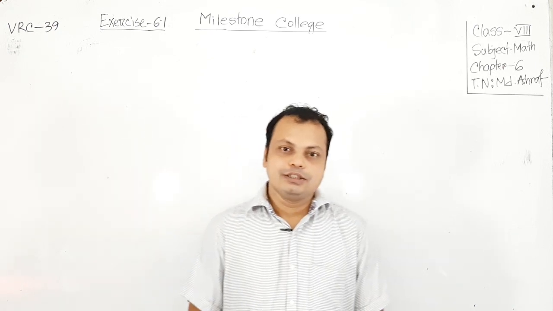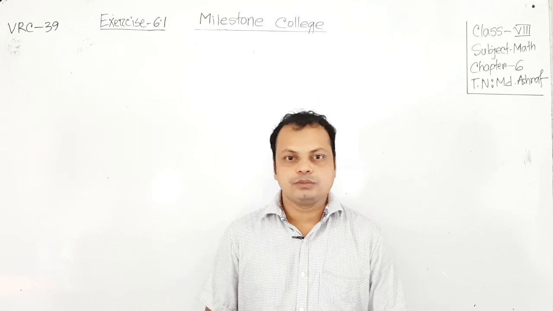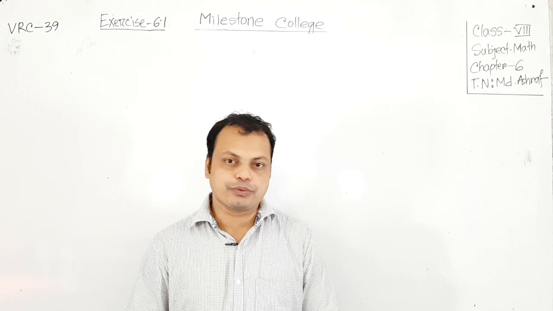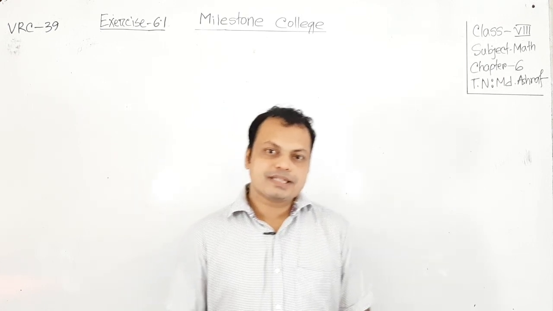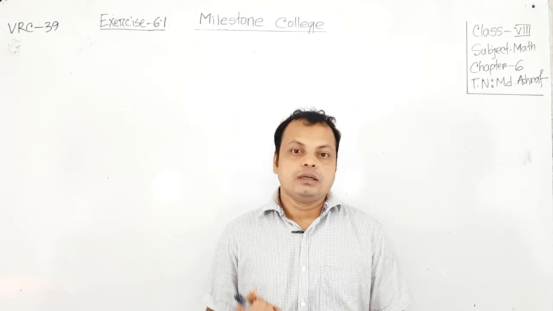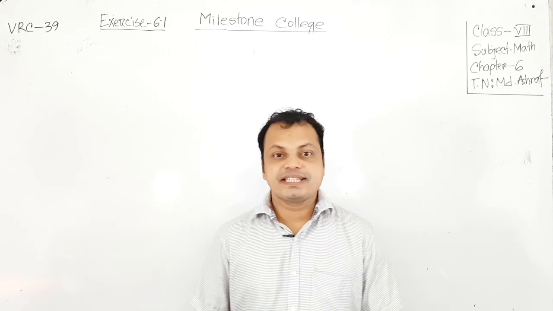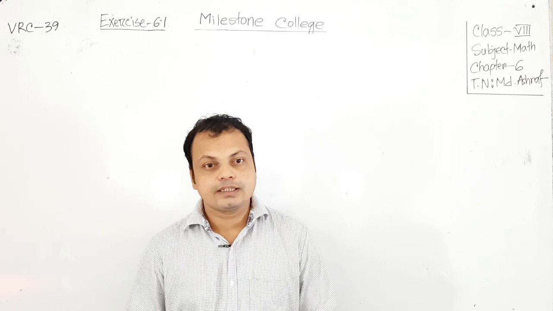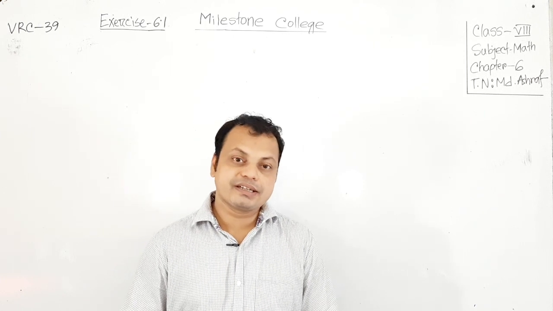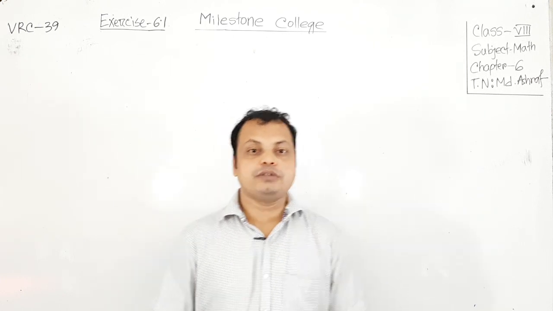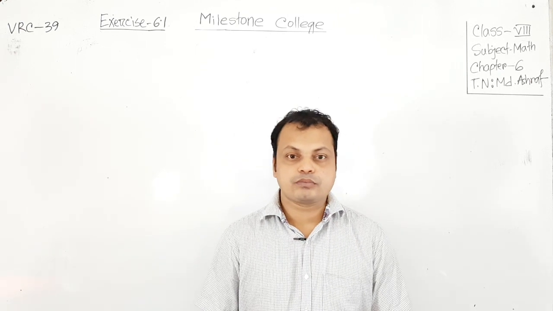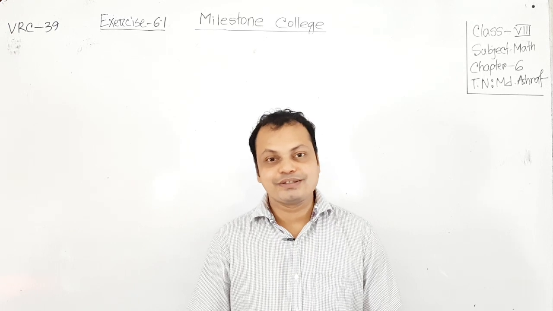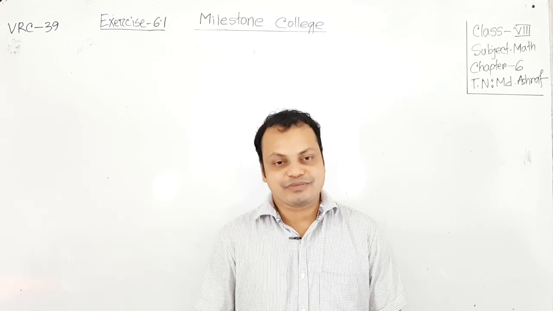Dear students, today I am going to conduct a class on chapter 6, Simple Simultaneous Equations, exercise 6.1. In the previous class, you learned the basic information of this part of this chapter and learned how to solve simple simultaneous equations by the method of substitution. I think all of you have learned it well. Let me ask some questions from this chapter first.